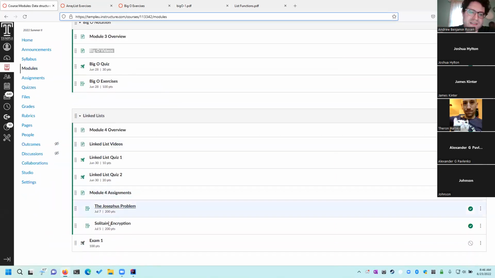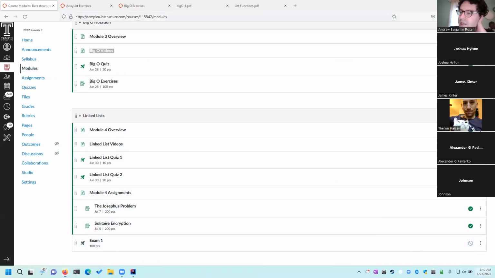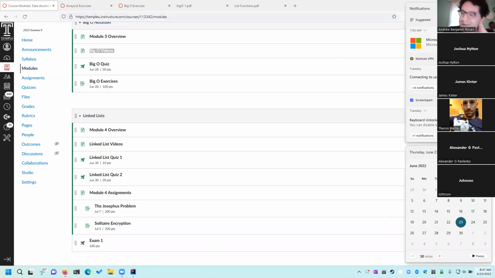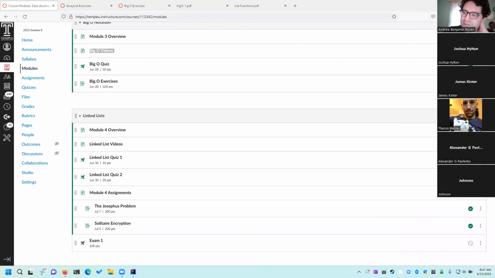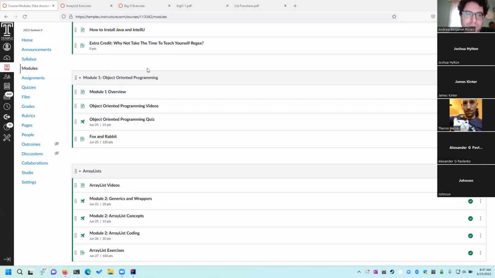Then finally, linked lists will be, I think July 5th will be the due date for that. There are 2 different assignments. You don't have to do both. You choose one of them, and I'll reiterate that later on. Our first exam would normally be July 4th, but we don't have school that day. So probably July 5th or July 7th, depending on how things fall out and how ready people feel. And that will cover up through linked lists.